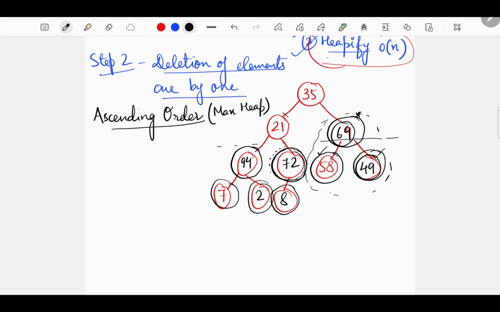Okay, now we go to the next node, and we find out that it violates the max heap property. So we are going to perform a swap here, swap it with the larger child. So 21 comes here and 94 goes here, correct? Now finally we traverse the root node and we'll again swap it with the larger child, which is 94